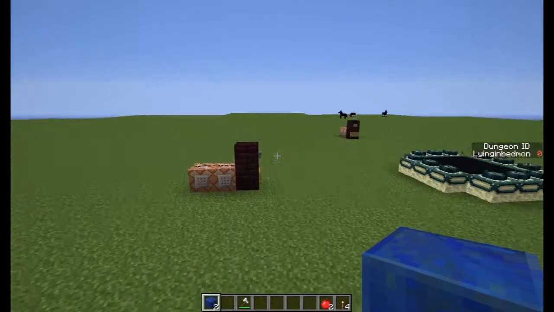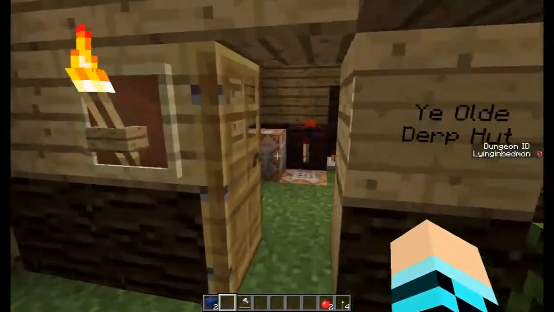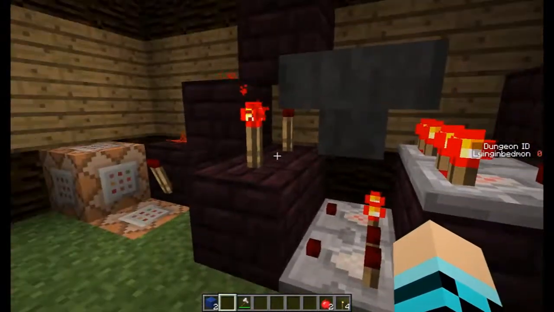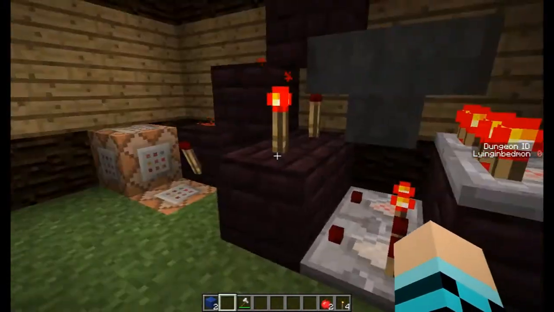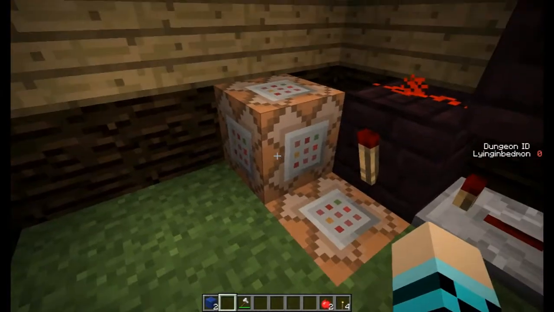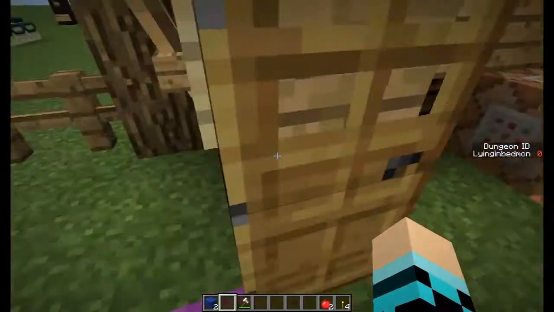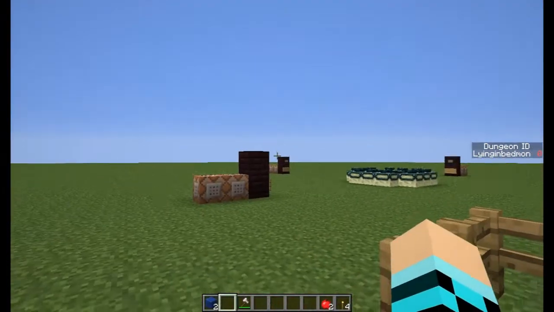Okay, and once you come back here, inside of the ye olde dirt pod I have here, we have this little circuit which you would have at spawn. It's a clock with a quick little pulsar, and all it does is change your game mode to survival if you happen to be in adventure mode, and it also sets your dungeon ID to 0, because if you end up in the end by some strange miracle,